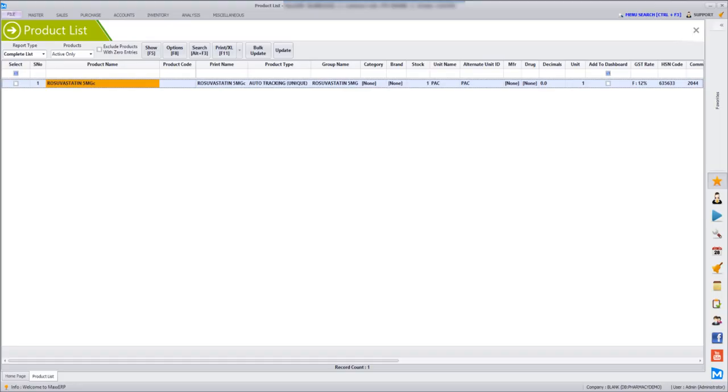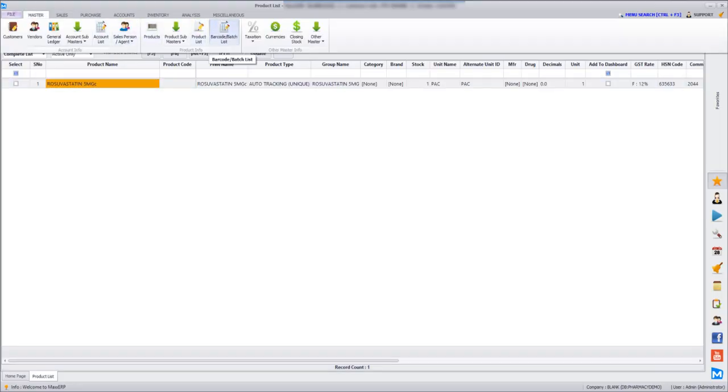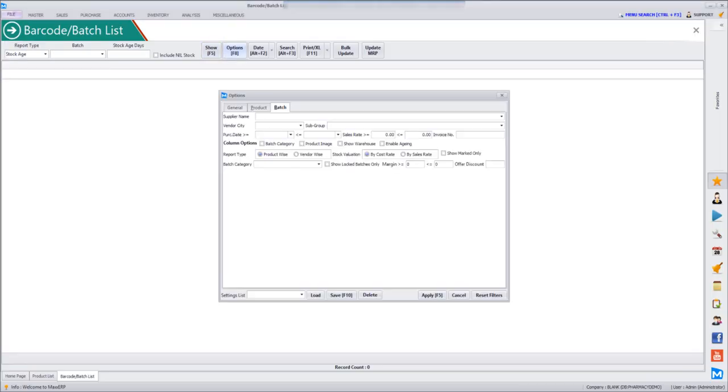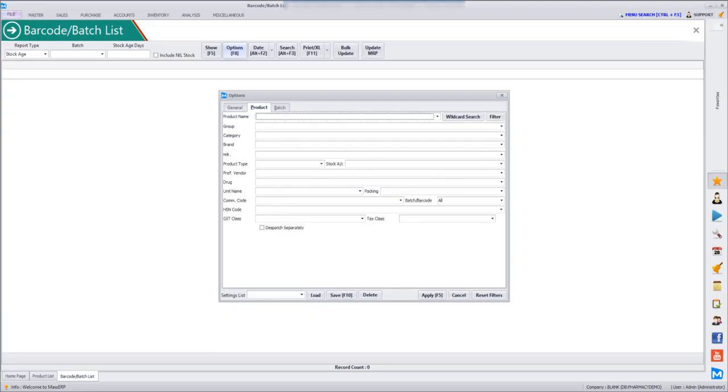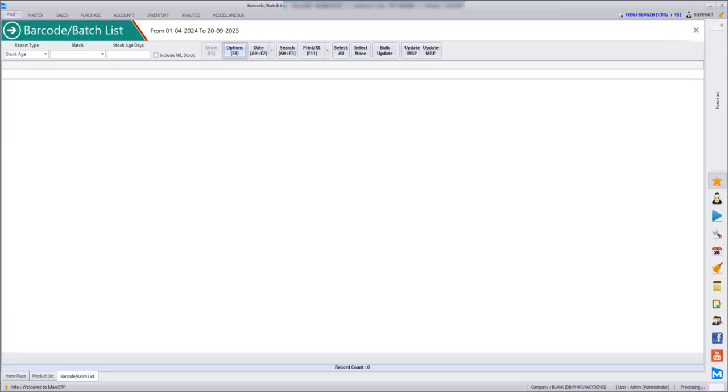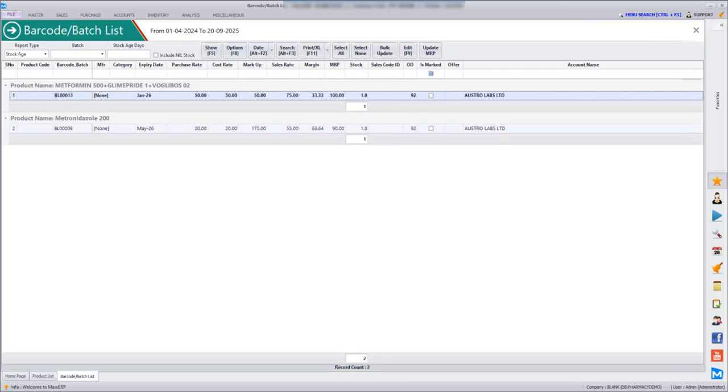After this we are going to do the markdown percentage. We'll go to masters, barcode or batch list, click on options. First we are going to filter 18% products which are going to change to 5%. So just click on products and select the GST class, click on 18% and click on OK and apply. Here we can see two products. Now as 18% is going to have a markdown value of